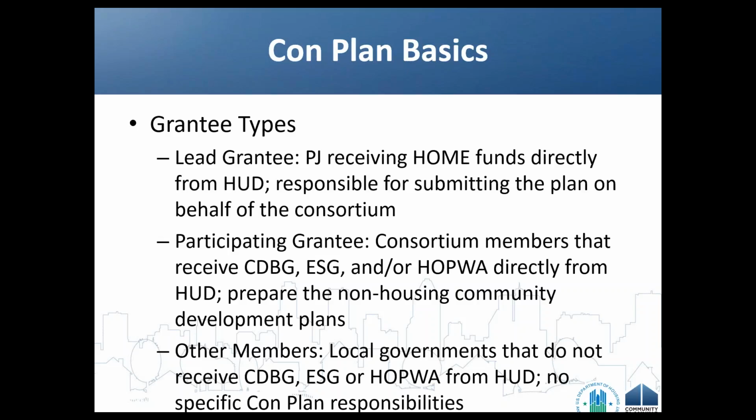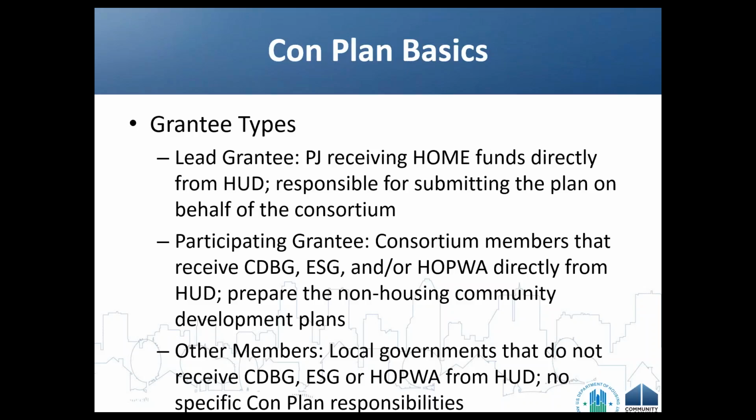The lead grantee is responsible for submitting the consolidated plan on behalf of the consortium. And when the lead grantee submits the plan, that is also automatically submitting all of the non-housing community development plans or the mini templates that are generated for all of the participating grantees. And we'll demonstrate this in more detail in a little bit.